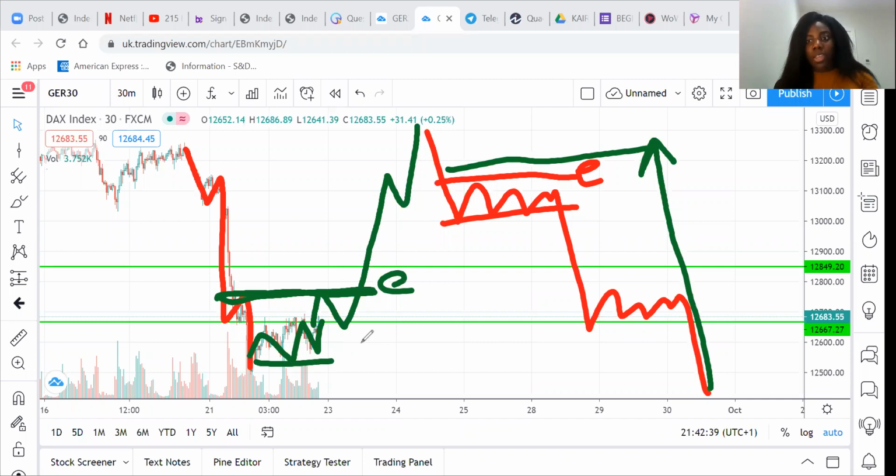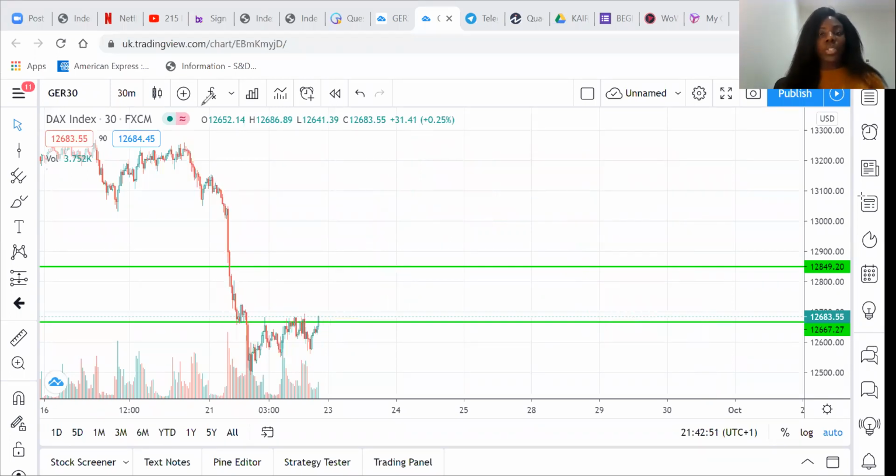Okay. Now, let me put this in terms of zones, because I've had people question me around zones and not knowing how to mark up zones, etc. When I talk about zones, we're talking about areas of support and resistance. And a zone is simply an area where price has hit it at least 2 or 3 times. Okay. So, for example,